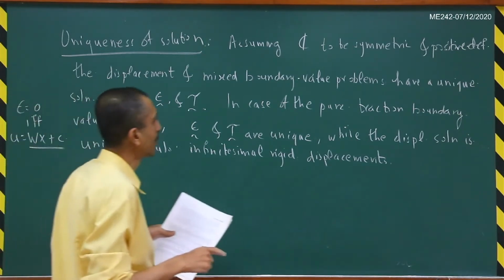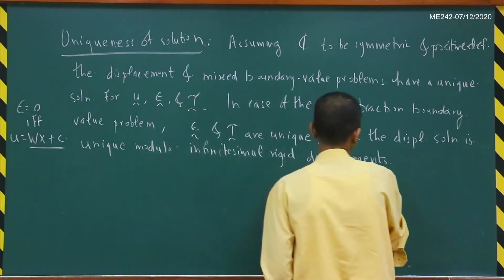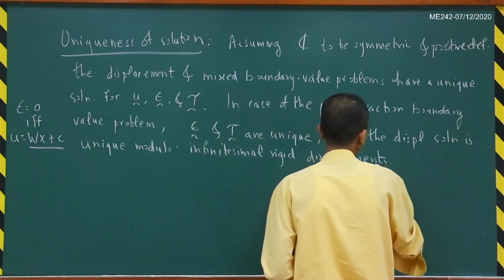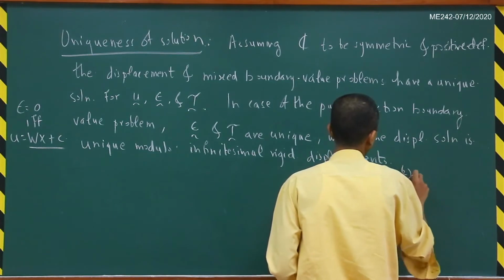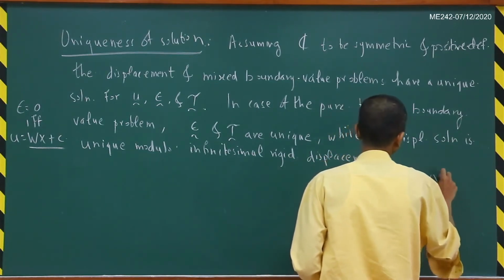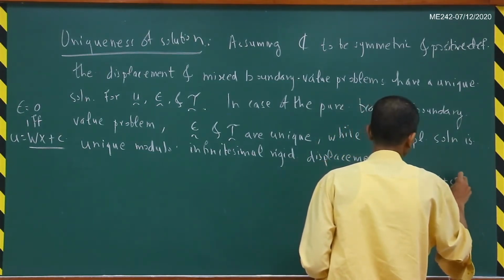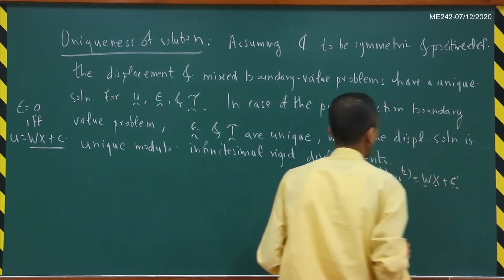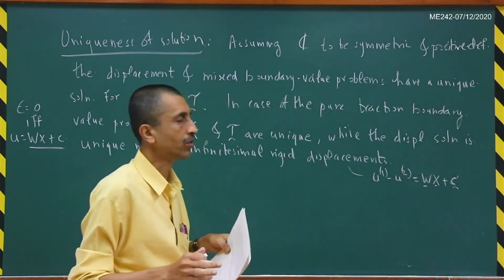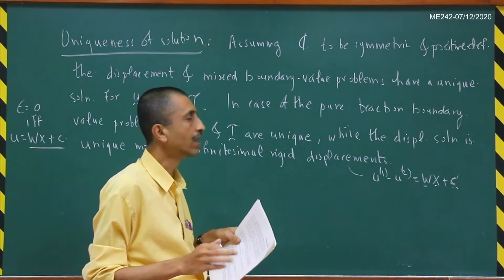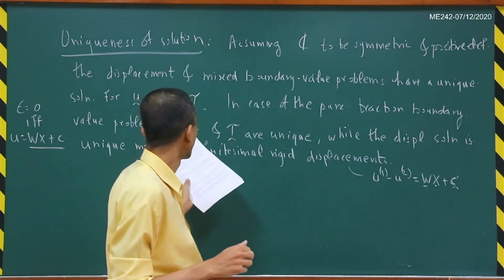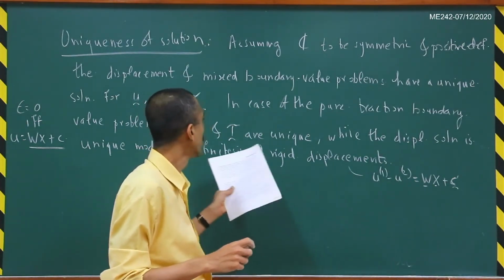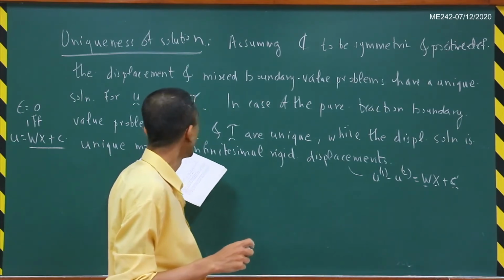So what that means is that if suppose u1 and u2 are two different solutions, then they will be separated by this W x plus c basically. So the displacements are not unique, but the strains and the stresses are unique when you have a pure traction